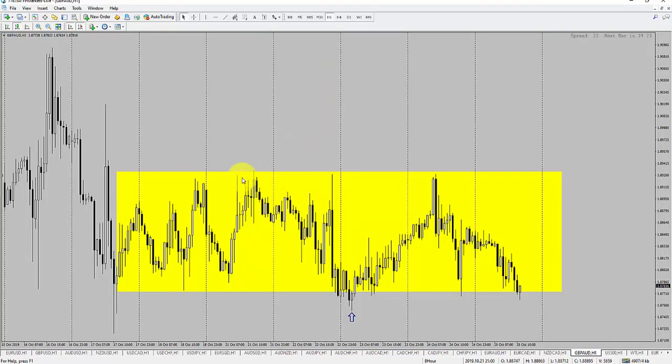So, for example, this chart right here, this 1 hour chart on the pound Aussie, you can see here I've drawn a consolidation box. And the reason why I've done that is because typically,